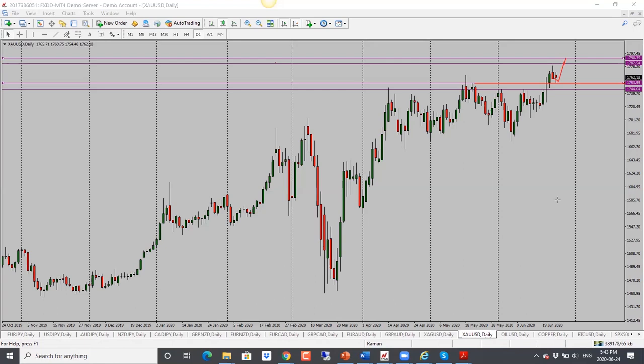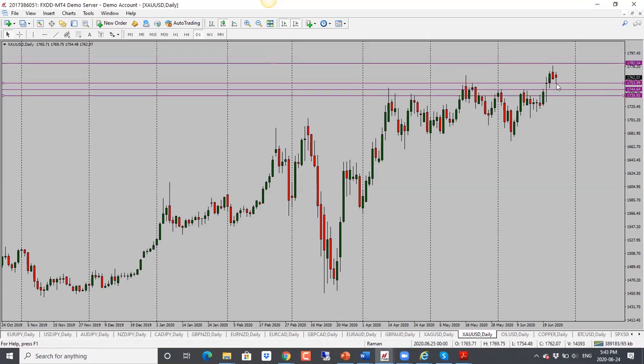The outlook for gold in the long term is bullish. So if it holds above 1750, I will look for it to go higher. So keep an eye on that. This is critical. If it breaks down, then 1745 and then 1735 would be the next two targets. So it's important for us to keep an eye on the 1753 level. If it breaks down, I'm looking for a drop. If it doesn't, I'm looking for it to go back up into the range.